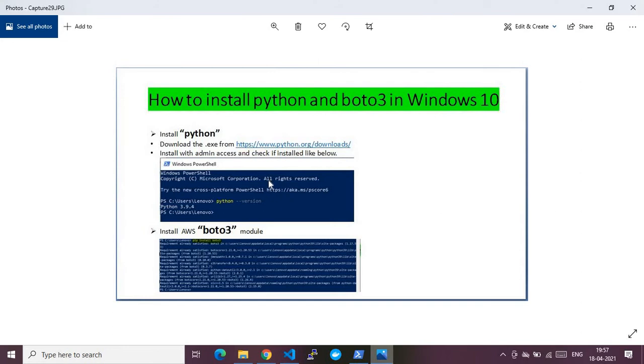Once that has been done, the base is ready to install the AWS Boto 3 module. You might know that Python is extensively used for AWS tasks. When I say AWS tasks, you can do infrastructure as code, or maintain your infrastructure completely using Python, like writing your Lambda functions, invoking your stack sets, or doing any kind of CI/CD task using the Python module. The Boto 3 module in Python for AWS is extensively used.